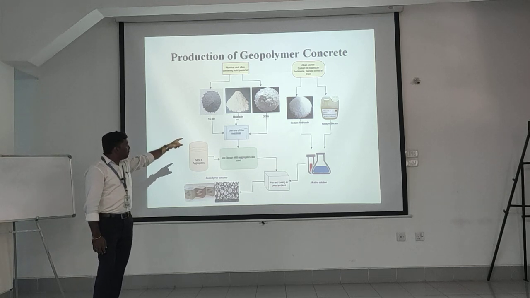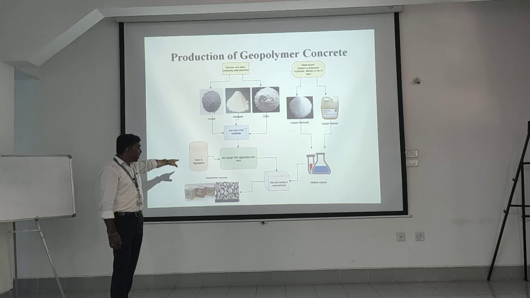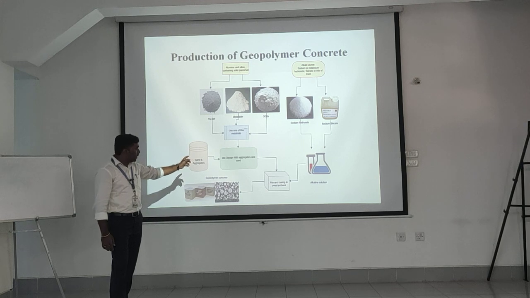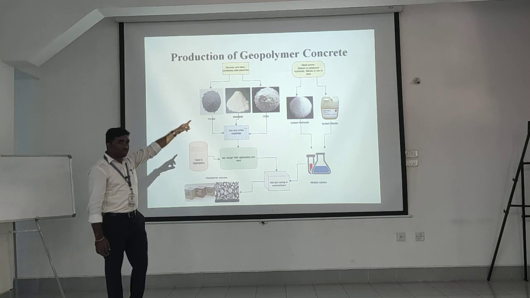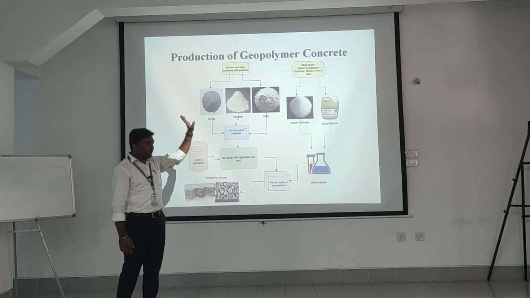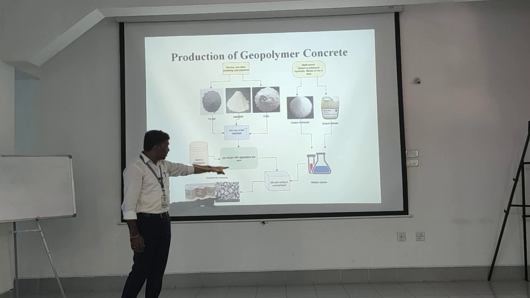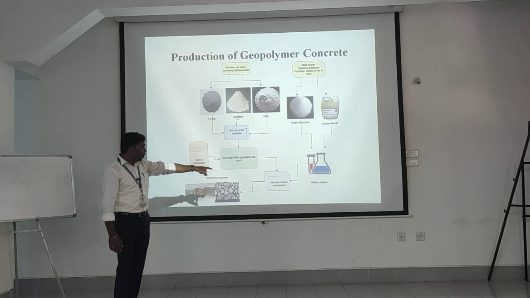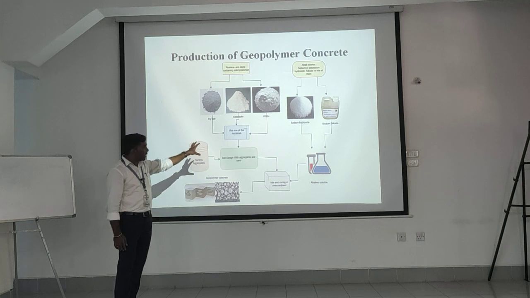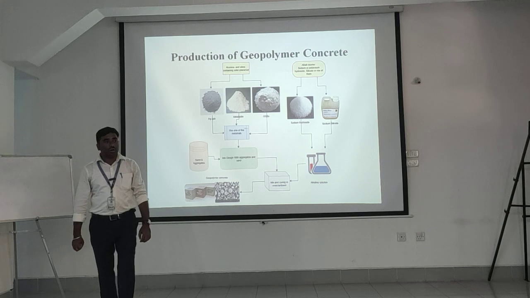But in this case we are using fly ash. Next, use one of these materials; here we are using fly ash. Once we have the fly ash, the other materials are sand as well as aggregates. Mix those, with the mix design as per the requirement. Alternatively, we prepare alkaline solutions, sodium hydroxide as well as sodium silicate. Once the manufacture of the alkaline solution is over, mix these ingredients with the solution. Ultimately we will get geopolymer concrete.